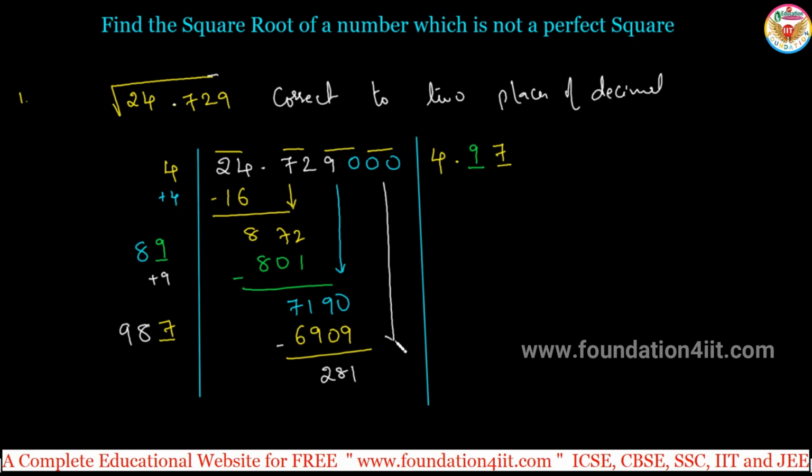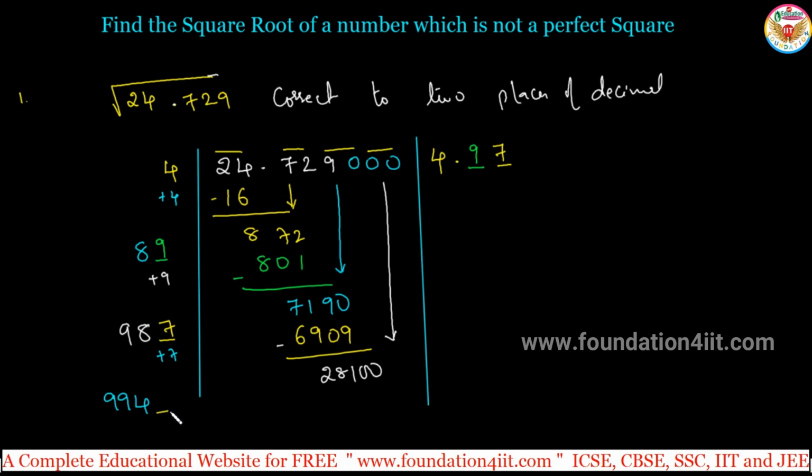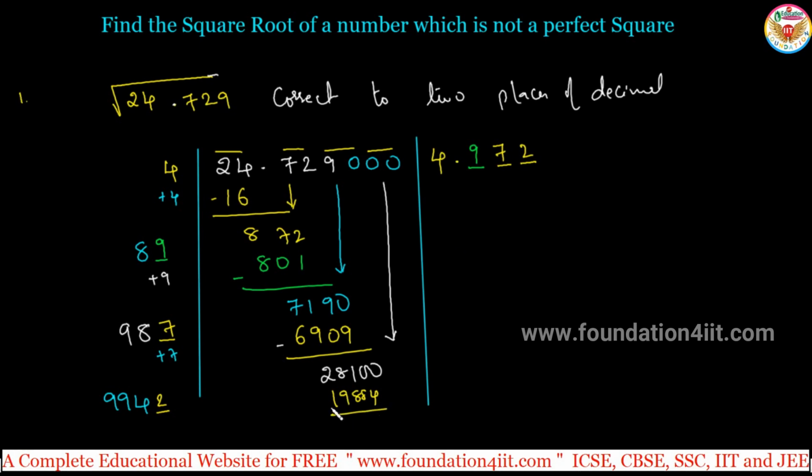Okay, and we subtract 281. Next set 2 zeros. Now here only the units place should be added. Units place is 7. Now one more 7 you can add: 987 plus 7 is 994. Right, now these places must be the same until you get 28,100. 9,941 into 1, 9,942 into 2. 2 into 2 only will come less than this, 19,884. Subtract this, same 8216.